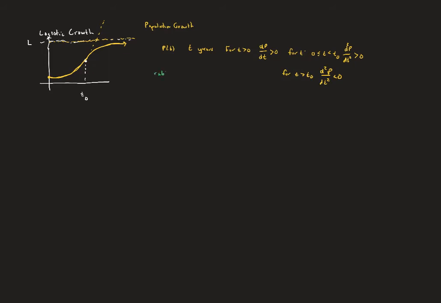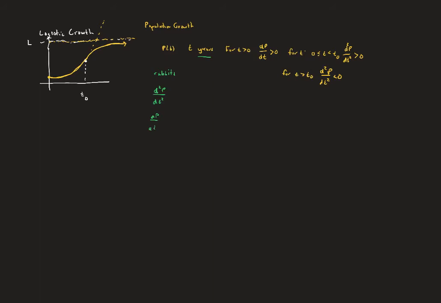Okay, now suppose this is a population of rabbits. So we're going to say that P of t is the number of rabbits, and t is going to be in years, we said. So we're talking about the number of rabbits in a particular year. So if we look at our notation and our units for that second derivative of P with respect to t twice, we know that dp dt, let me back up a little bit,